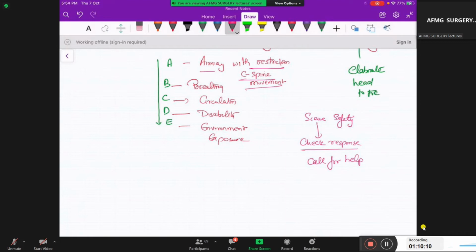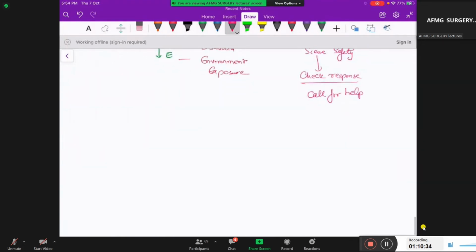Hysterical, functional patient. So how will you know whether this patient is not responding because of an airway problem, or because of head injury, or doesn't want to talk to me? So we should be able to pick the points in the given profile of a question, whether the patient has an airway problem or not. So what are the signs of airway problem? We should know. The signs of airway compromise are,